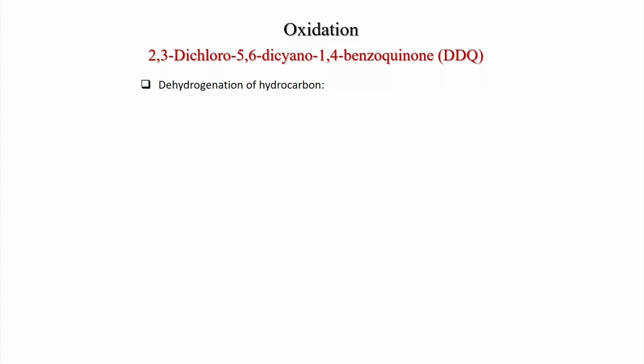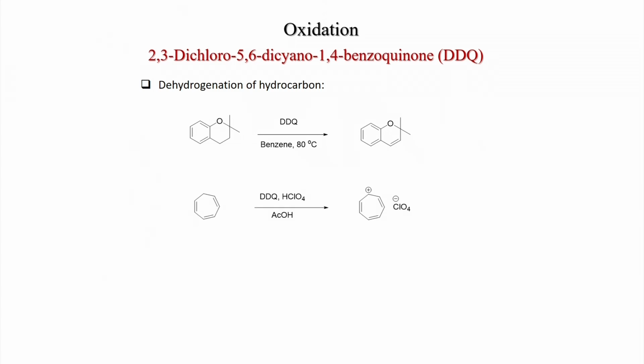Similarly, DDQ performs dehydrogenation of hydrocarbons like this chroman system. Here two methyl groups are there, so it cannot aromatize. So, only one single double bond is formed when we do the reaction with DDQ in benzene at 80 degrees centigrade. Also, the cycloheptatriene system,